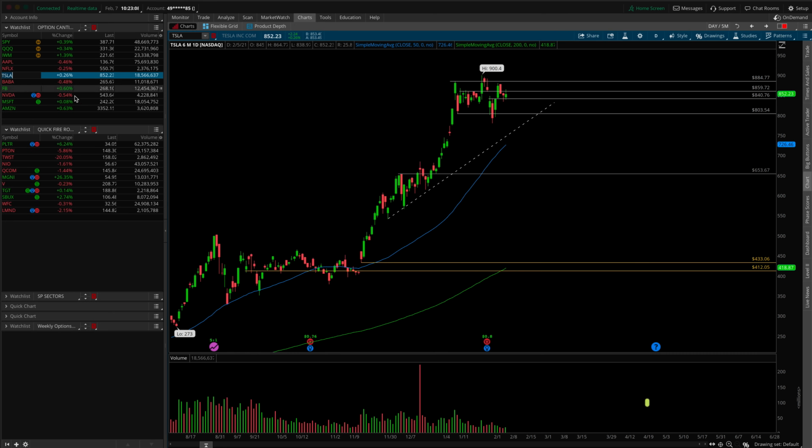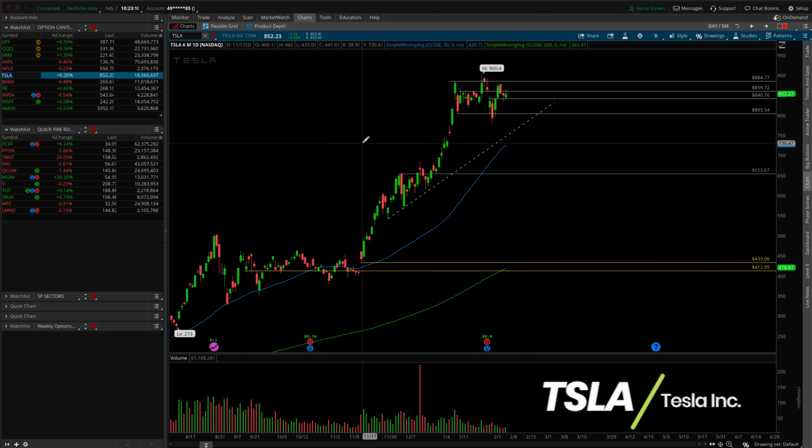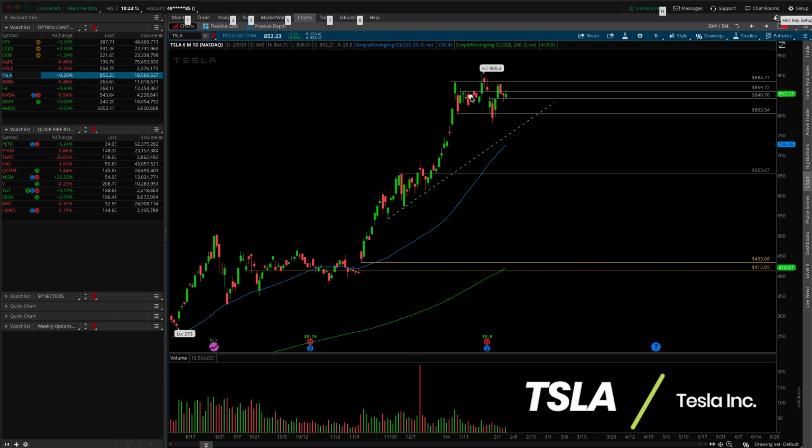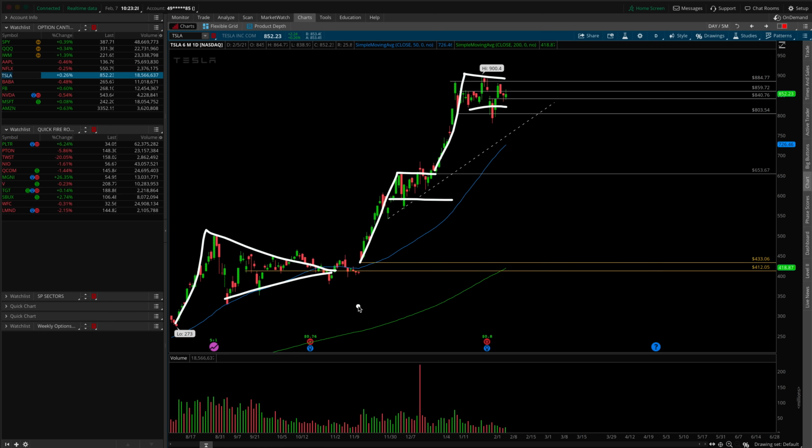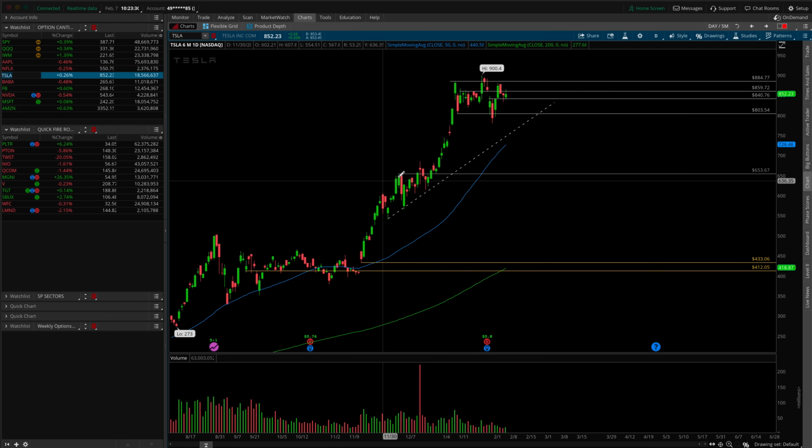Let's move over to Tesla now. This one is, in my estimation, pretty bullish, right? The fact that we're just consolidating up here at the highs after a really explosive run to the upside. I mean, this pattern has played out over and over and over again in Tesla. Here's another one, right? Daily bull flag, daily bull flag. Back here, this pennant was a daily bull flag. I can't get any more data on the screen right now, but your key levels to pay attention to into this week: